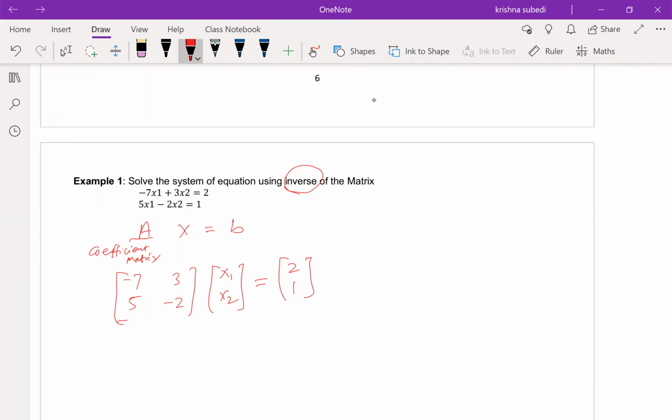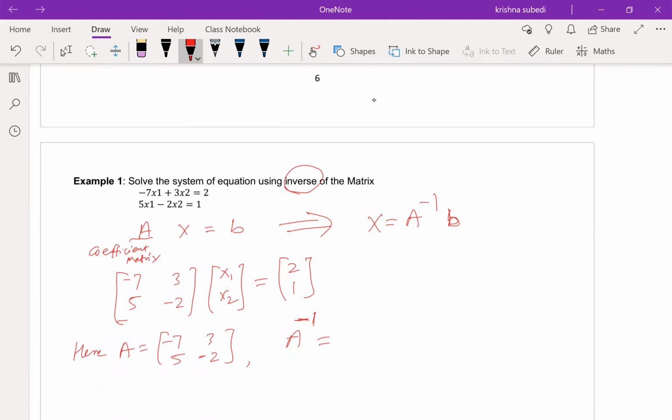Now we know that this gives us X equals A inverse B. That's what we found earlier. That's the formula. So basically we need to find the A inverse in this case. So here this is our A. Now A inverse equals,